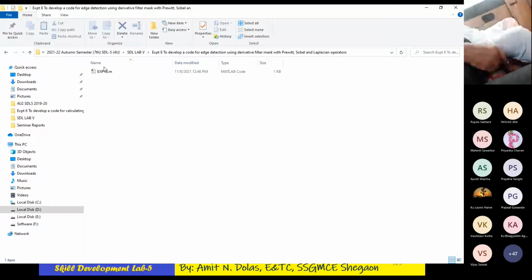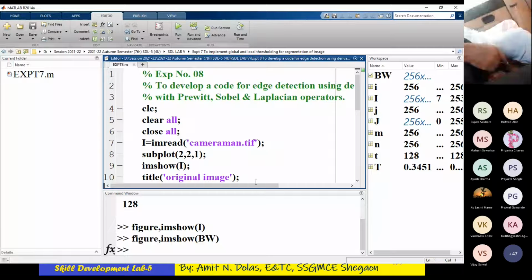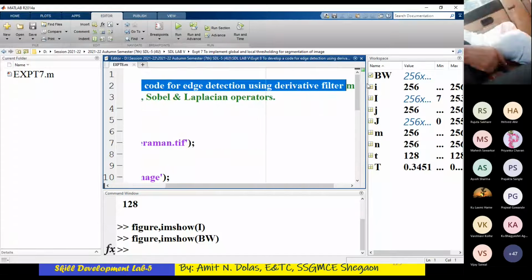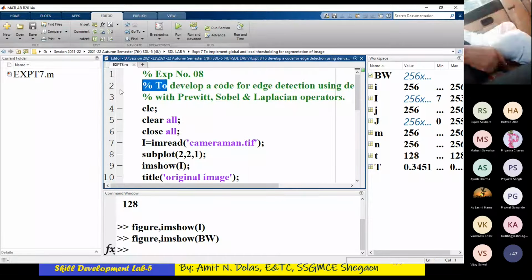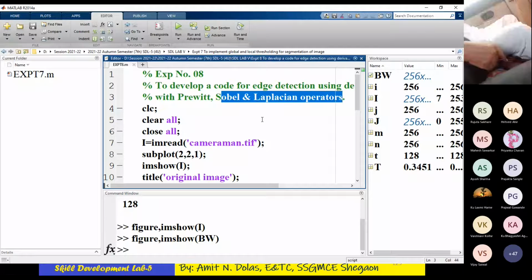Okay, so experiment number 8 here is to develop code for edge detection using derivative filter masks. Which are the derivative filter masks? Prewitt, Sobel and Laplacian operator. So just quickly we will see the code.